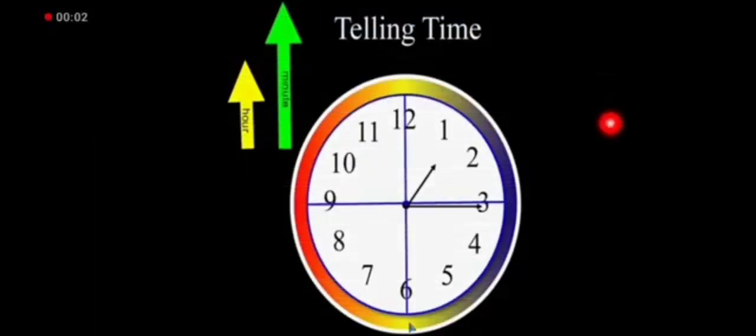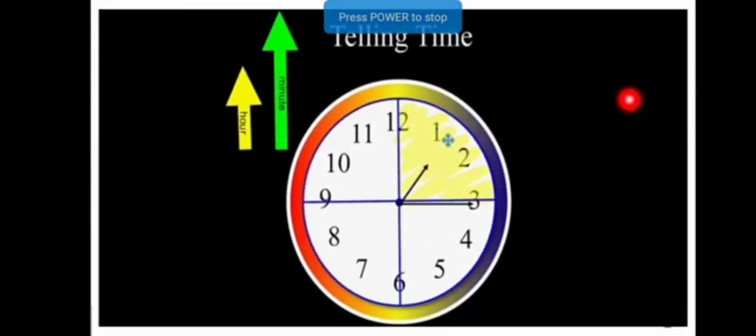Now when our hand is on 1, or the minute hand is on 3, how many minutes have passed? 1 times 5 is 5, 2 times 5 is 10, 3 times 5 is 15. So how many minutes passed? 15 minutes passed. And when we say 15 minutes passed, we say quarter past. So what time is it? Here, quarter past 1. You should always remember that each part